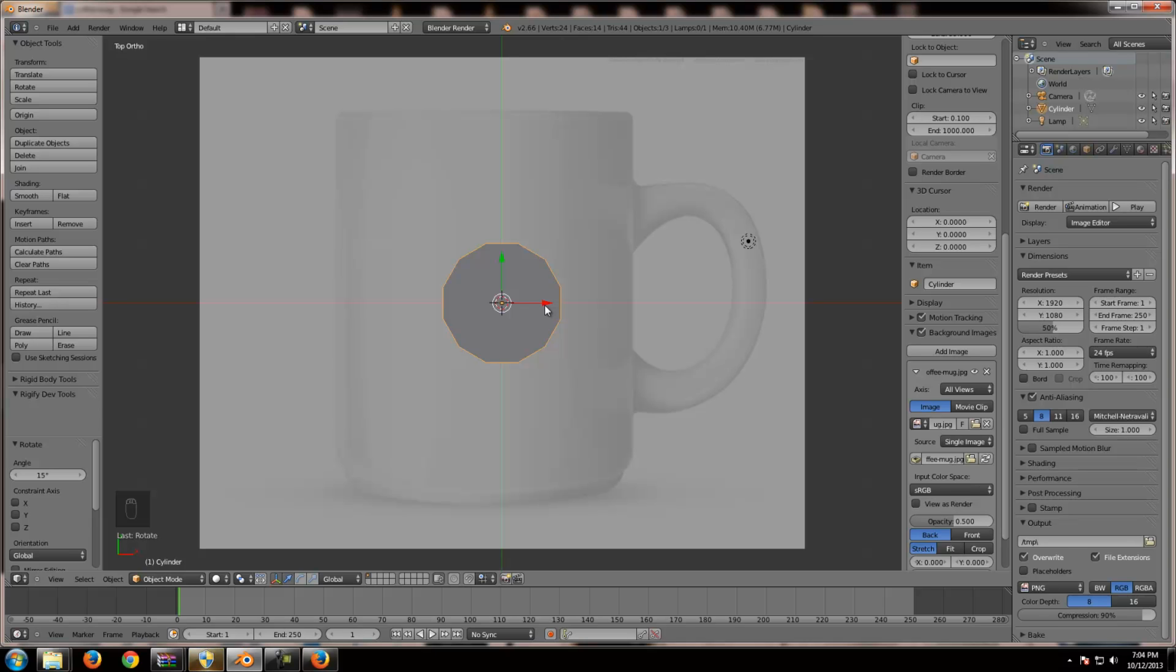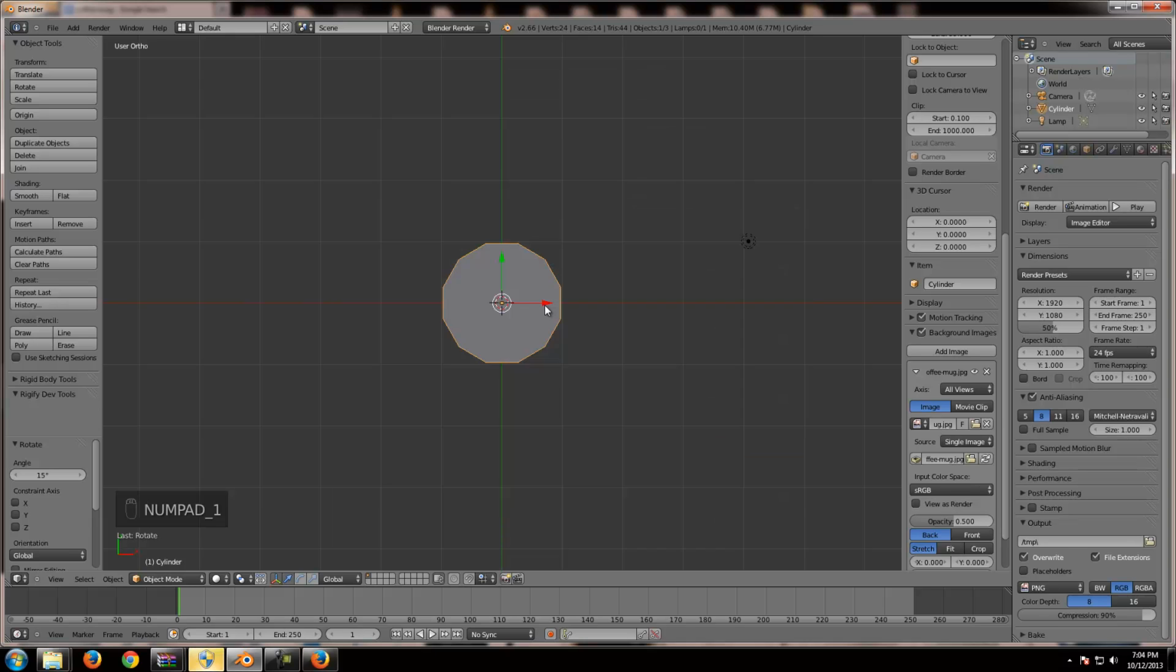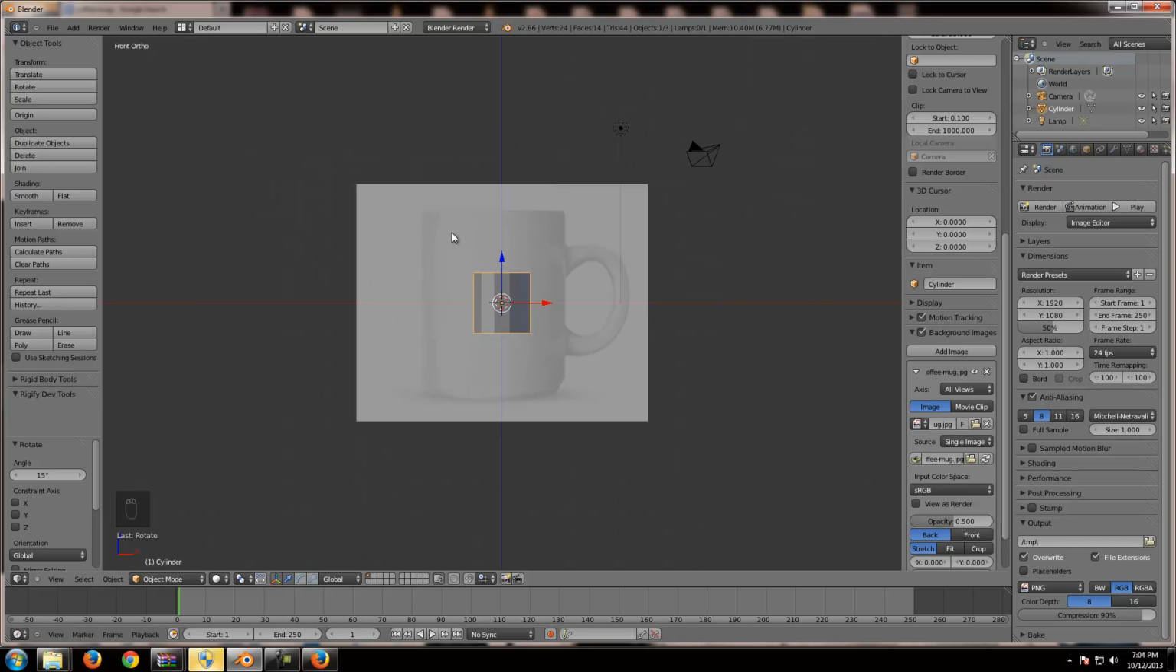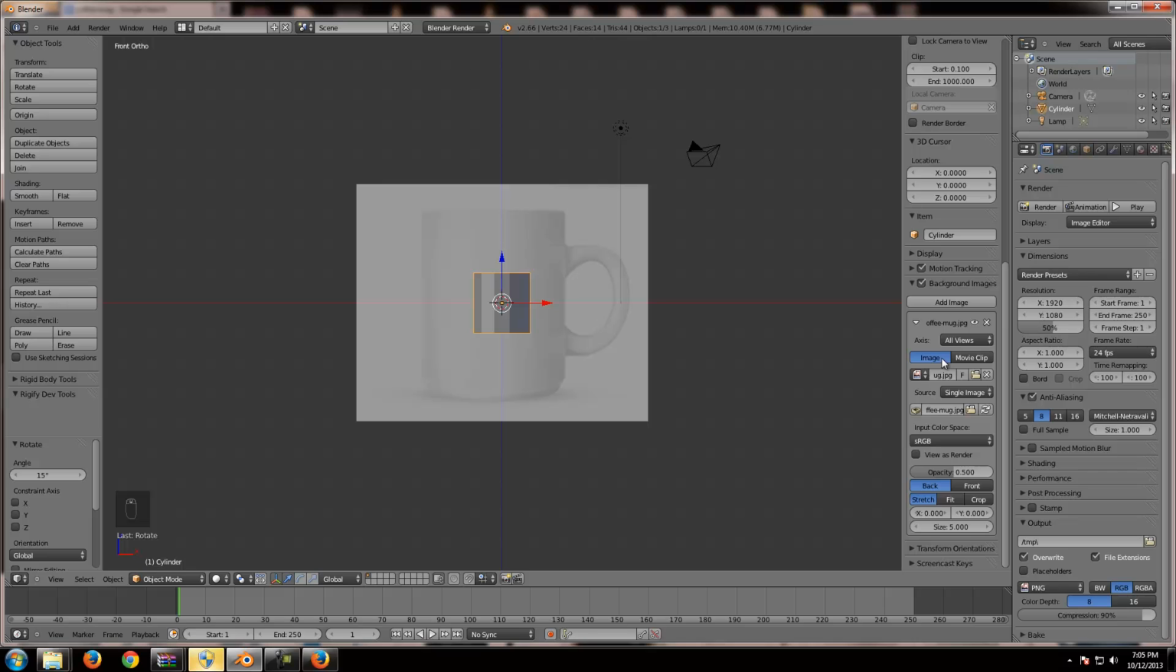So now if we hit 1 on the number pad to bring us back to a front view, we can see that the coffee mug is actually a lot bigger, or the image of the coffee mug is a lot bigger than we want it to be. We want it to be about as big as our cylinder. So the way we correct that is back down here with the background images parameters. You can set the scale of the image by, if you scroll all the way down to the bottom of this, you can see down here it gives you a size. My size is set to 5. If you want to